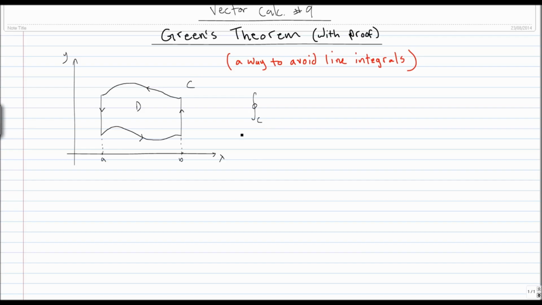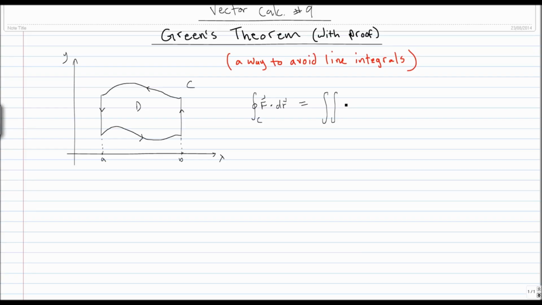So the line integral, the closed loop line integral around a curve C. Okay, so that's F dot dr. Rather than computing this line integral and parameterizing the curve to find dr, and then substituting your parameterizations in for the x and y variables in F, Green's theorem says that you can, rather than doing this closed loop line integral, instead do a double integral